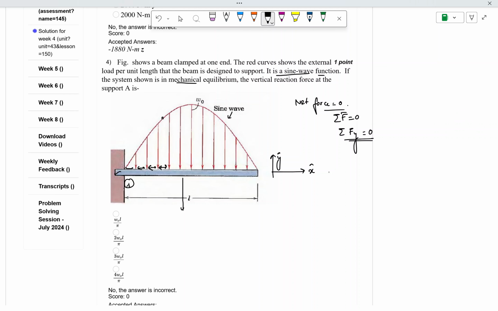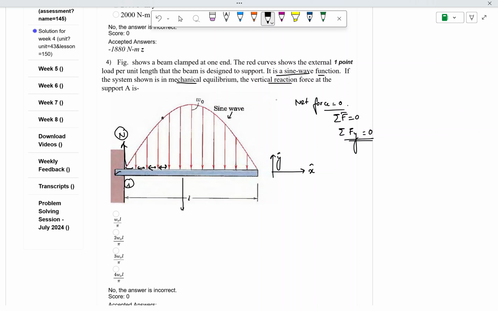Given that information, there is also a reaction force that will be acting here, because there is this vertically downwards weight. So there will also be a vertically upwards reaction force, which we can call N, and that will be acting at the support A, because that is the only point of contact. Any object which has some weight, to balance that at the point of contact, will also have some reaction force or contact force. In this case the contact force is N, let's say.